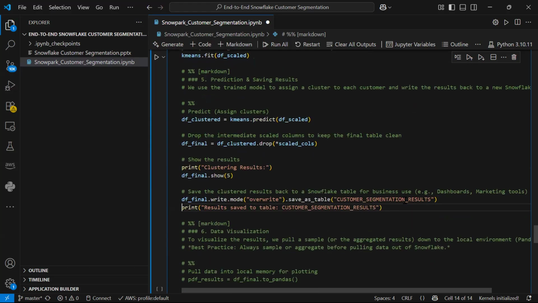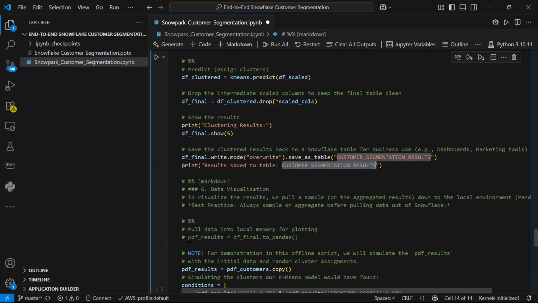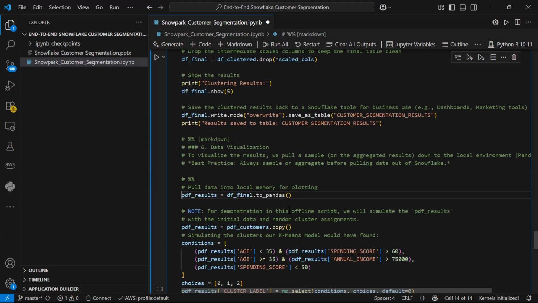If you observe here, my final data will be saved as a table in Snowflake. You are getting what I'm trying to say. The customer segmentation results table. It will create some cluster numbers, cluster number 1, cluster number 2, and add them at the end for every customer.